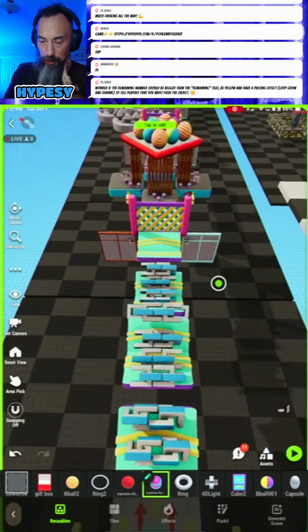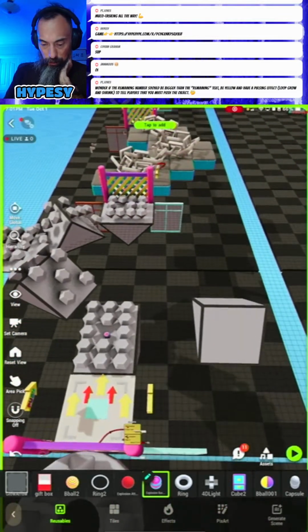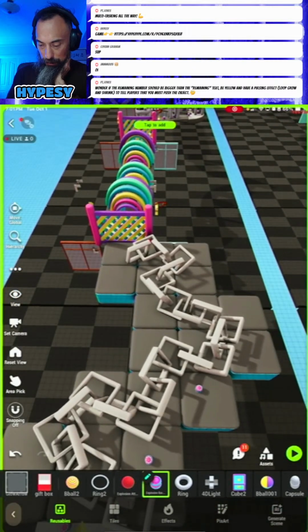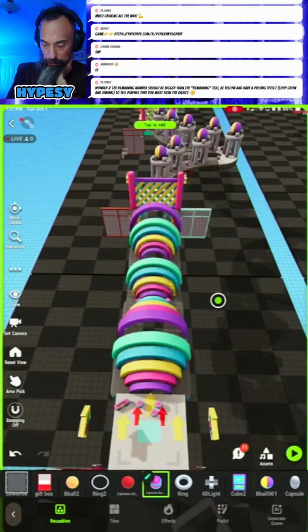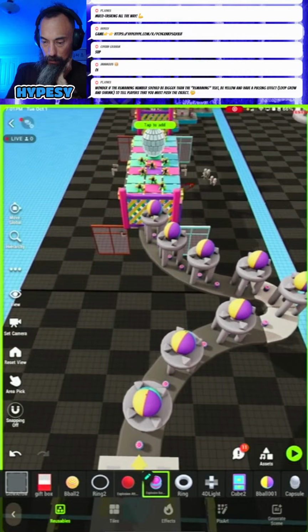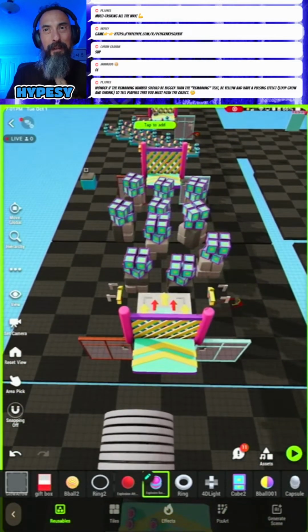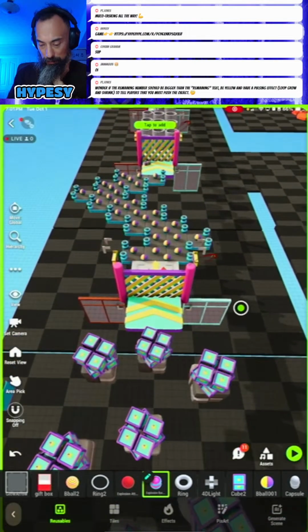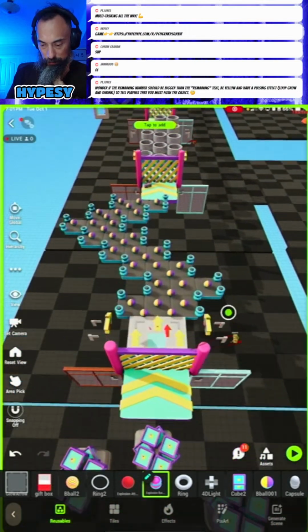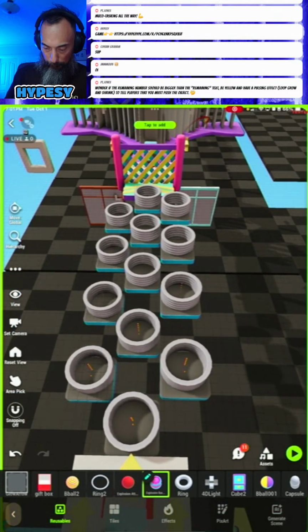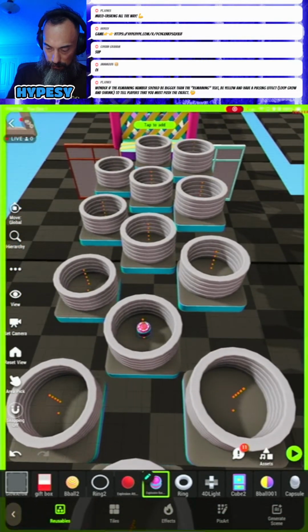That looks good. These look good. You can see I've added little dynamite barrels all over the place. So cool. I think I'm up to 75 levels on this one. Oh, get inside there.